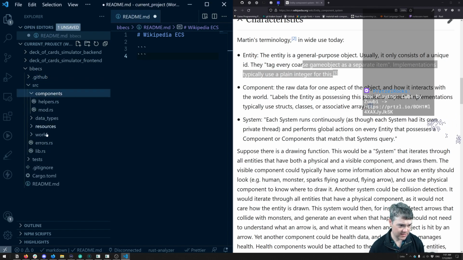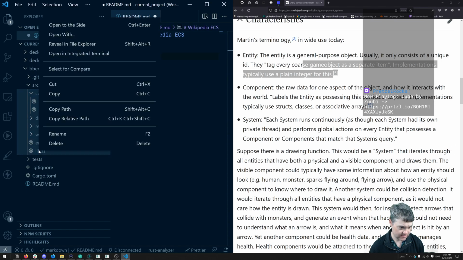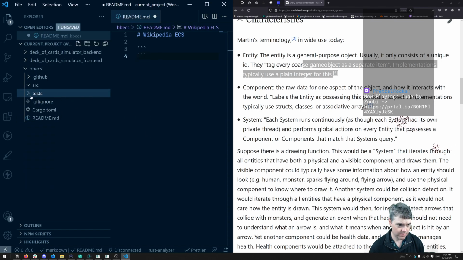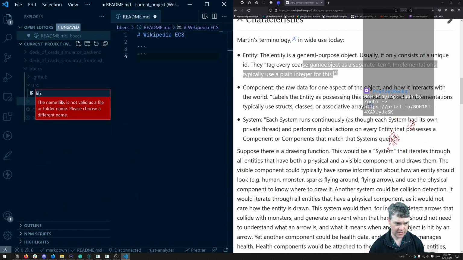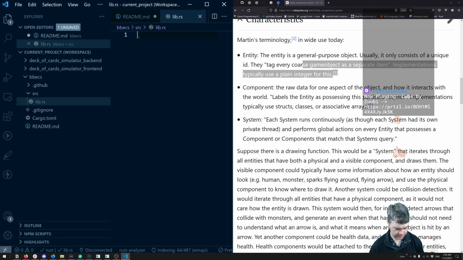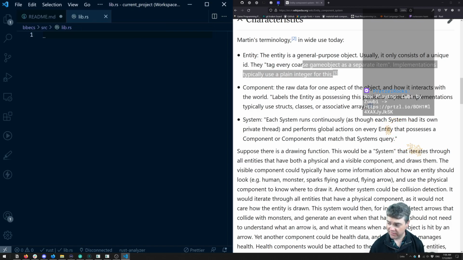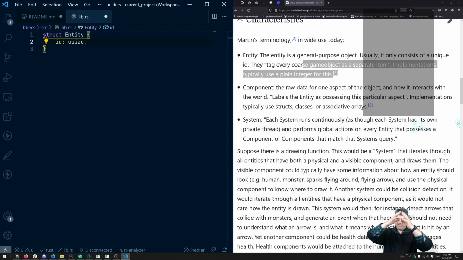So if I just start over with this, let's just delete all of this. We'll delete all your tests too. We'll just start a new file, lib.rs. So if we have entity here, we have a struct Entity. And if we just say you have an ID, and we would probably say that you're a usize, that way you are the column in the database, right? Because the database is going to look like